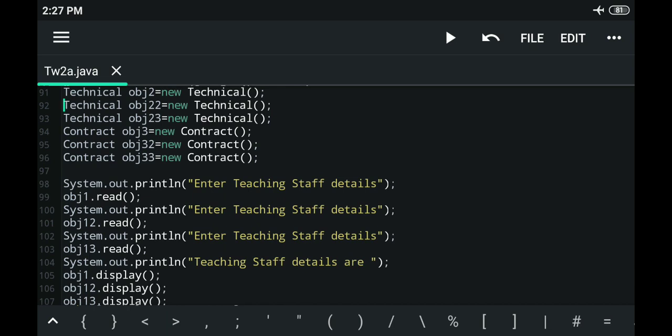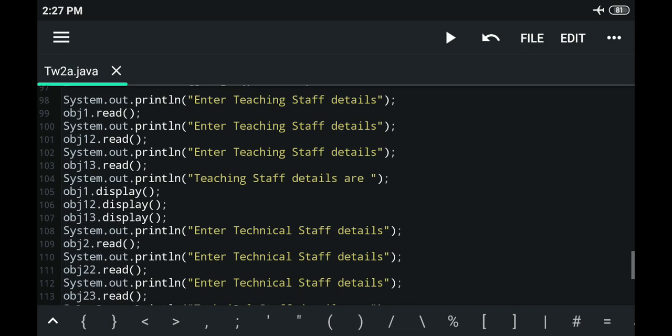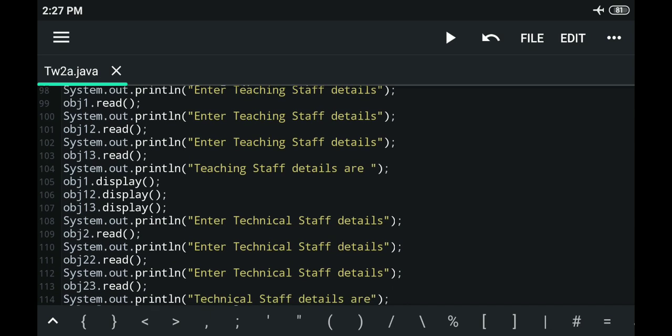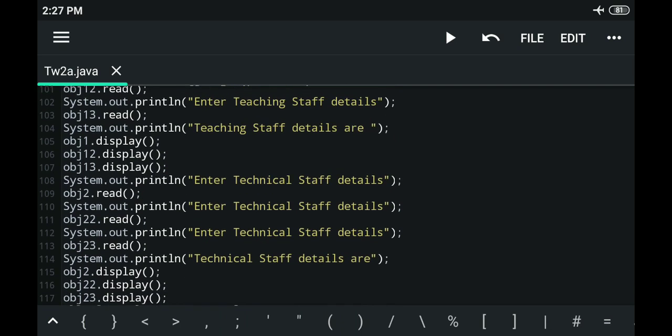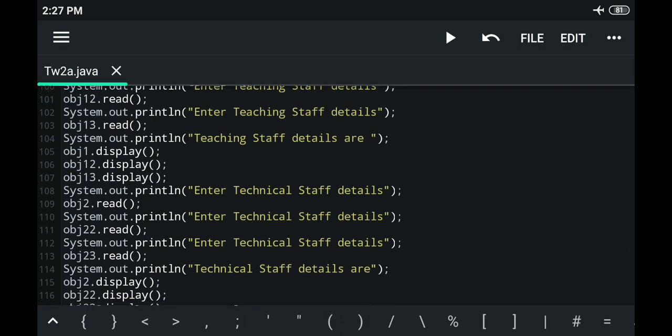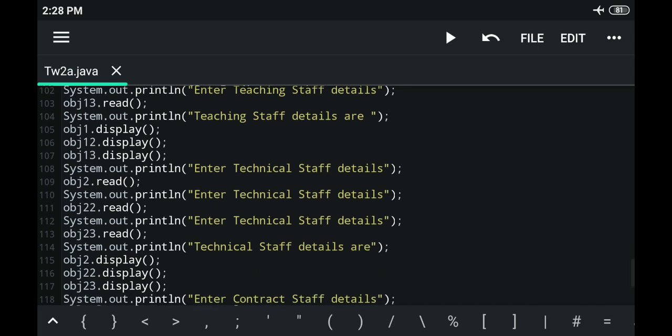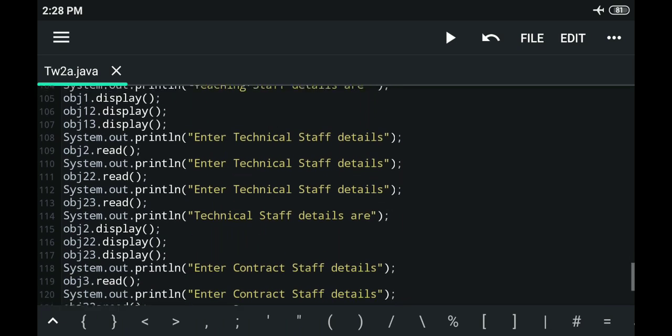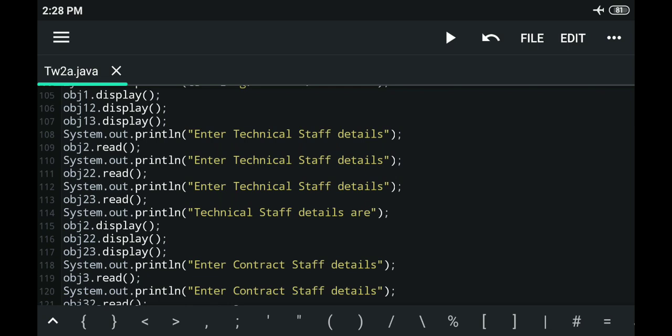For the first time, obj1.read means that we are trying to read the details of the first teaching staff. obj12.read is we are trying to read the details of the second teaching staff, and obj13 the details of the third teaching staff. And then we make a call to obj1.display, obj12.display, obj13.display, which is nothing but we are trying to display the details of all 3 teaching staff.